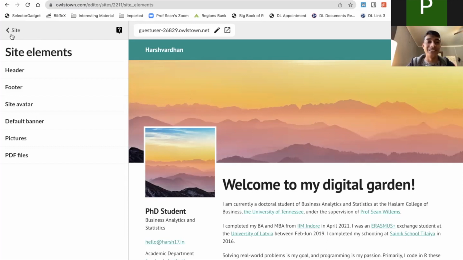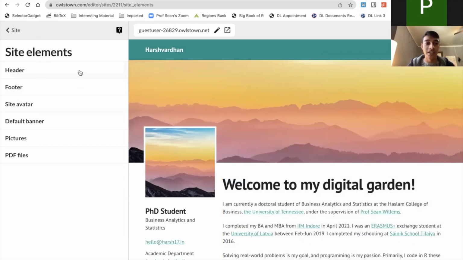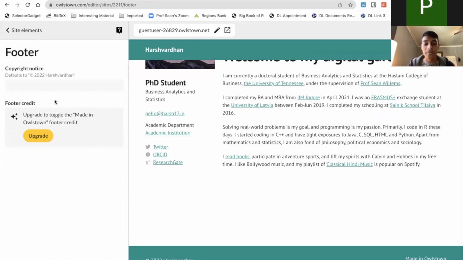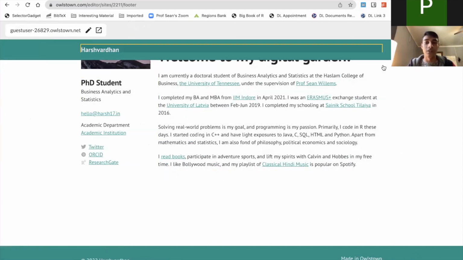It's an amazing function. Anyway, so the site has various other elements as well. The header is, as you know, the header content, the things that you see on the top. The footer is the content that you want. So typically it will say copyright 2022 Harshvardhan. If you want to include some other details, you can of course add it and so on. If you want to get a pro version, which we'll discuss a little later, then you can remove the footer credit. Although I do not see that as a serious issue anytime.